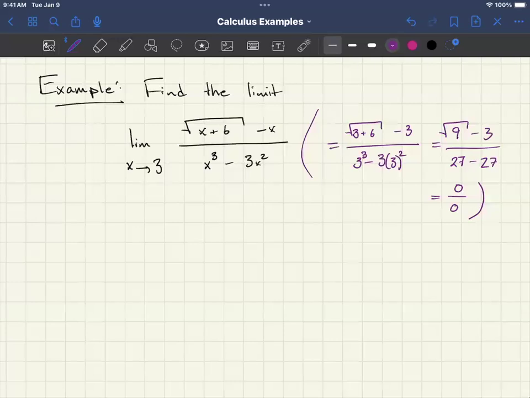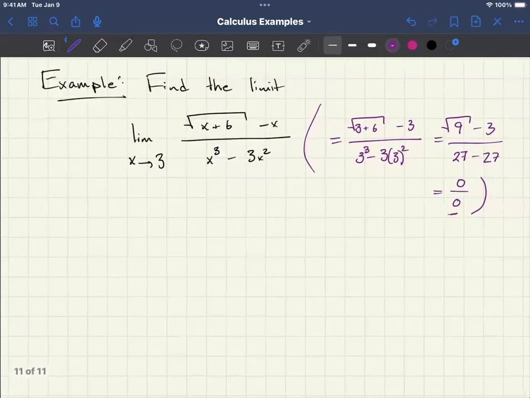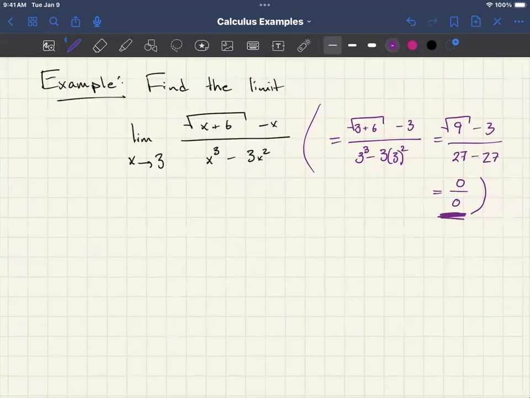It's good that we tried this because knowing that it's 0 over 0 gives us permission to use L'Hopital's rule on this. And if we didn't know that, we wouldn't know that we could actually use that there. Okay, so the next thing that we're going to do before we actually take the limit, I'm going to do one small thing, and I encourage everybody to do this on a regular basis, is when you're working through the